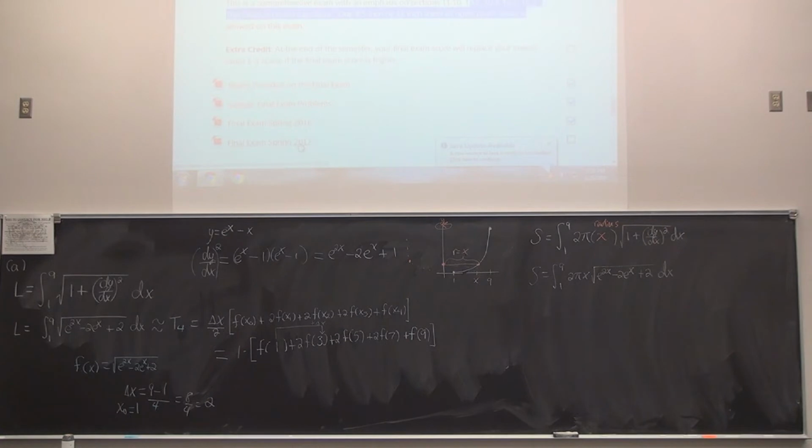Another comment to make is we've also done some interesting problems in these contexts where the curve could have been given in, say, this way: x is equal to maybe y cubed plus 4y, just something random like that. But we're going to stick to the normal functions where x is independent and y is dependent. So it'll be similar to what we see here. But the rotation could be either the y-axis or the x-axis. Any questions so far then?